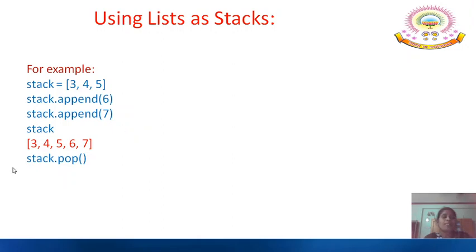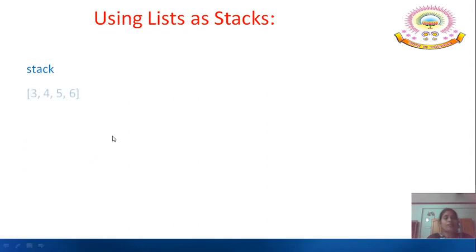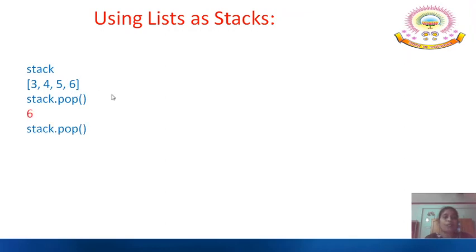Now stack.pop without any index will pop the last element existing in the list. So 7 is removed. Again, if you use stack.pop, it will remove the last element, which is 6. Now again you are using it, that means it is removing 5. So now the list contains 3 and 4 only.